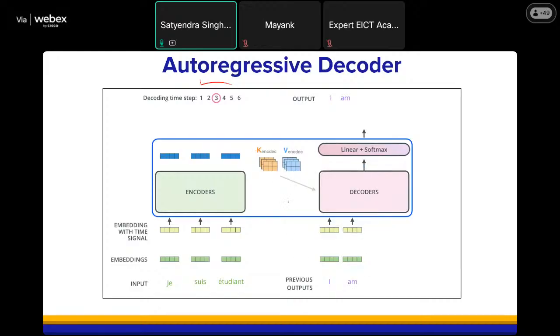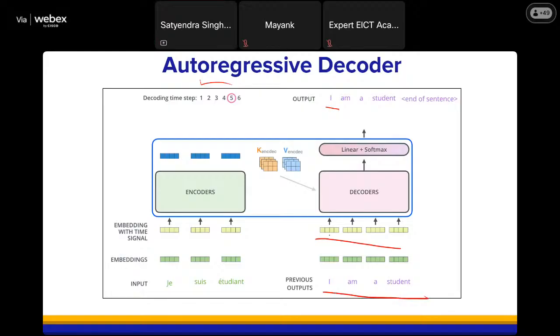So auto-regressive means the decoder generates one output at a time. So output I, then am, then a student. So the output with the embedding and time signal. At step one, the future ones are masked, so the decoder generates only one output, and so on. However, though in the auto-regressive approach it looks like a decoder is working one at a time,